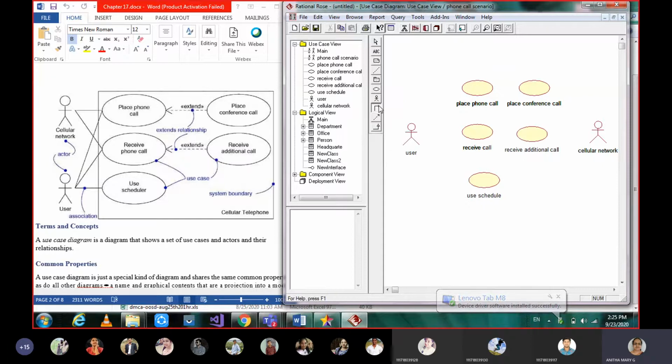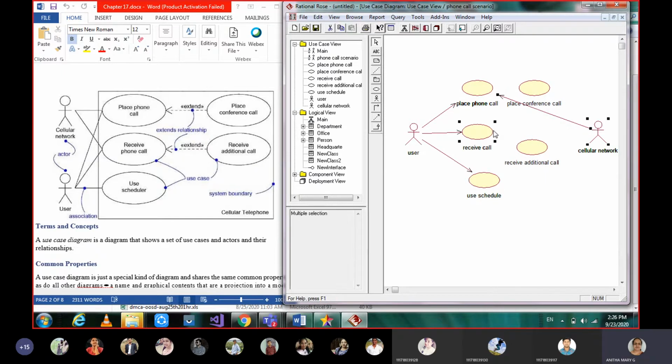Okay, let's take from actor one to place phone call, from actor to receive call, and then from actor to use schedule. So these three things this user can use, whereas from the internal actor, what all can he think of, either to get a call or receive a call.